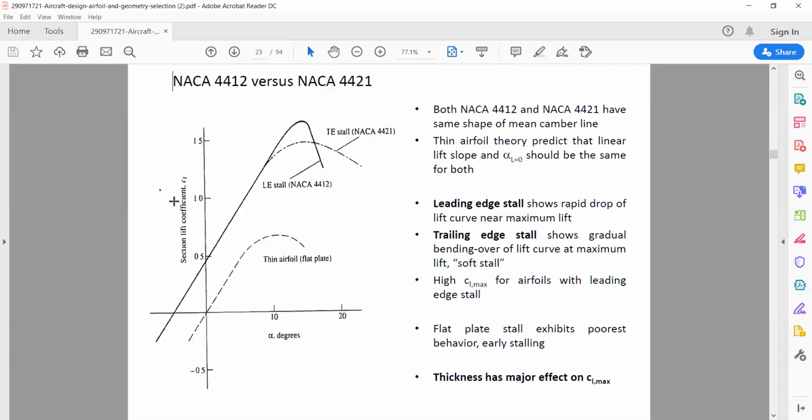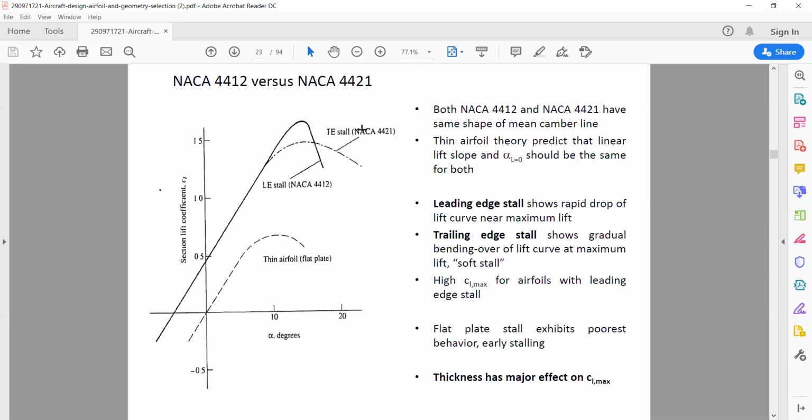The difference you can see in the CL versus alpha curve. So this is NACA 4421. You can see this has a maximum lift. After it comes, it is reducing. It is not giving that much lift compared with the thinner one. So therefore, thin airfoils will have a higher maximum lift when you compare with a thicker airfoil. So therefore, thickness has a major effect on CL max. Okay, it is about the coefficient of lift. So this is what the graph represents. The last two numbers, 21 and 12, are 21% thickness and 12% thickness.